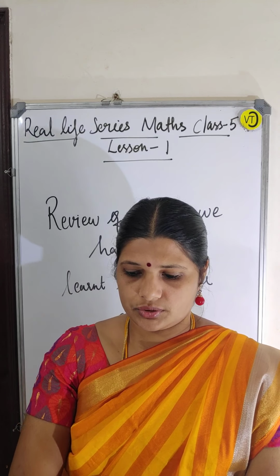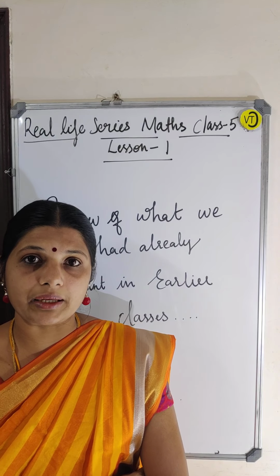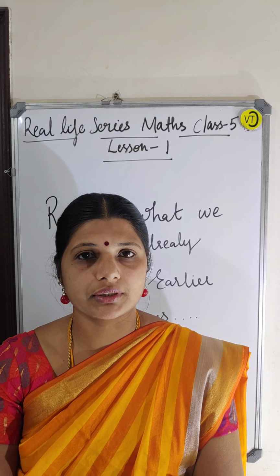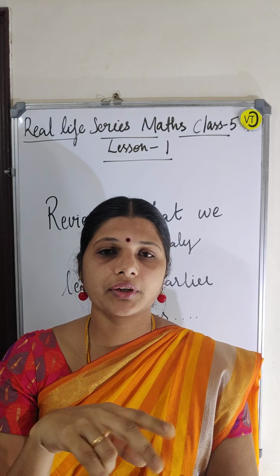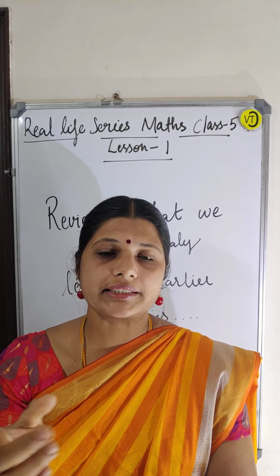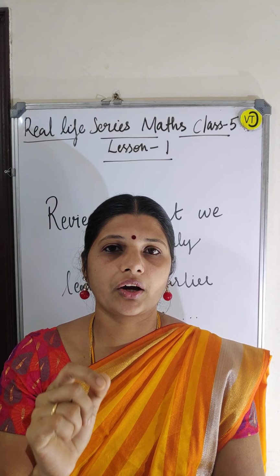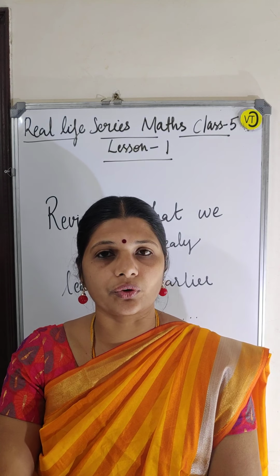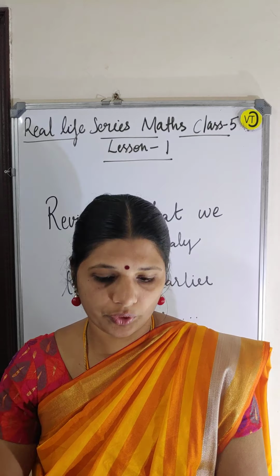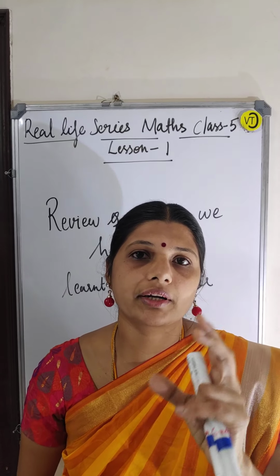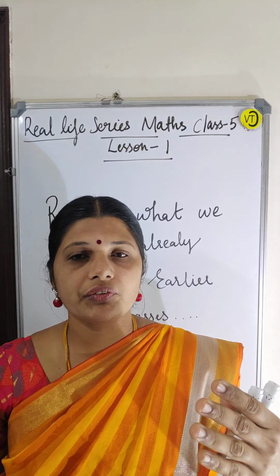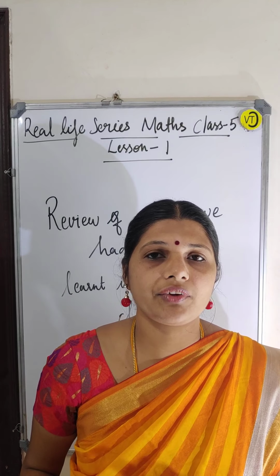Okay, so the first thing is number names. You know number names, right? They will give you numbers, and you have to convert them into number names. For instance, 54 is there. So how do you write 54? F-I-F-T-Y-F-O-U-R. This way you can write it. That is number names, right? One by one we will see. We are only going to see the review.